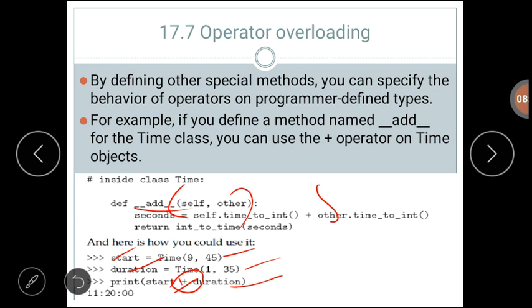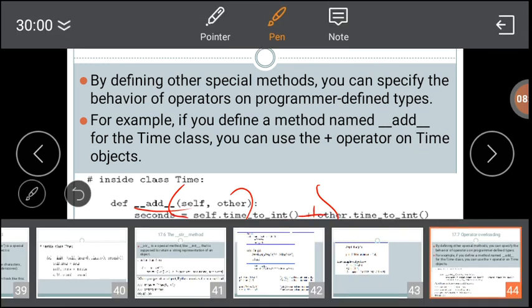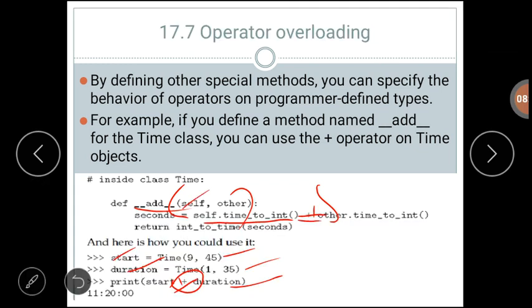Now here we are adding 2 times, so self.time_to_int plus other.time_to_int. Inside that we have the addition related to self, that is the current object, and the addition related to other. So to overload the plus operator, we have to use the special method __add__.